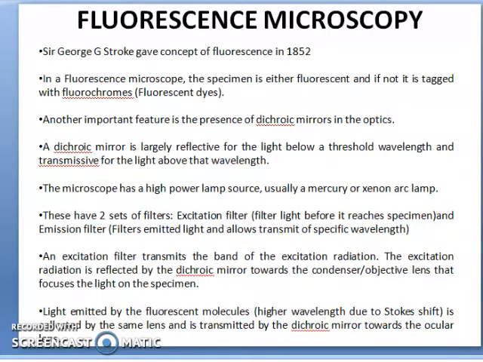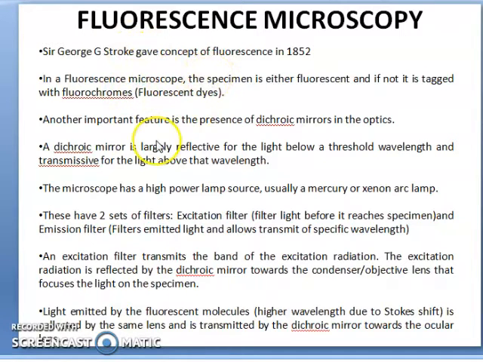Today I will explain about fluorescence microscopy. Fluorescence microscopy is based on the principle of fluorescence that was given by Sir George G. Stokes in 1852. When he illuminated a piece of feldspar with UV rays, it emitted red light. I'll explain about this. That is known as the Stokes effect, and I will explain this in a later slide.